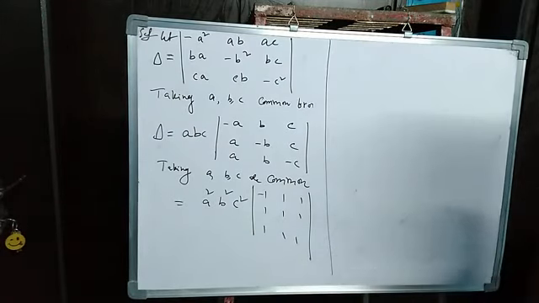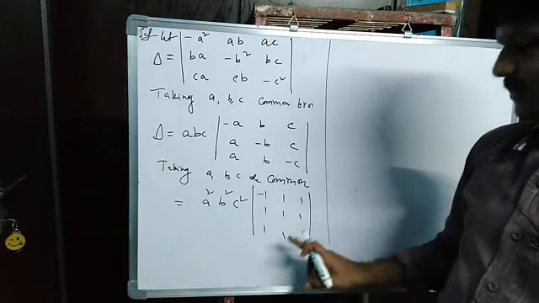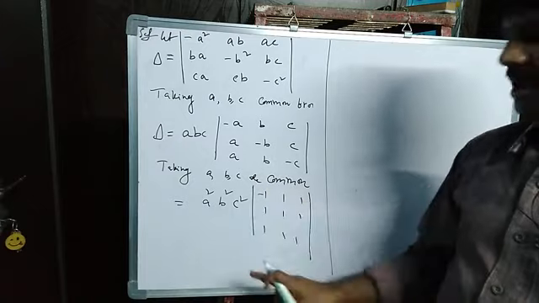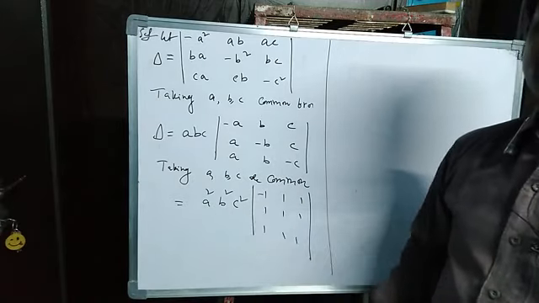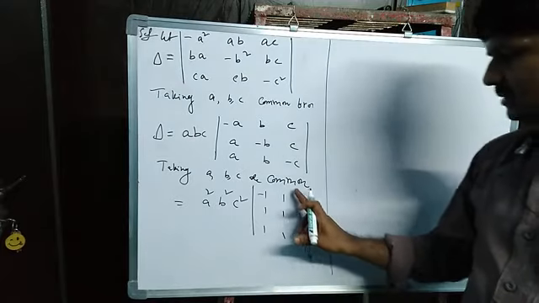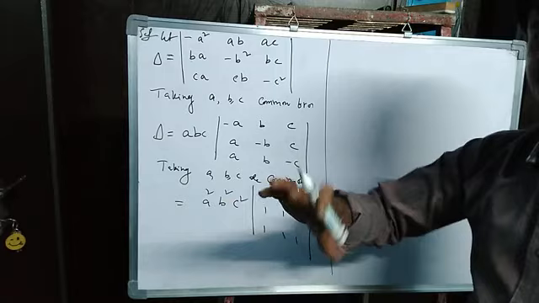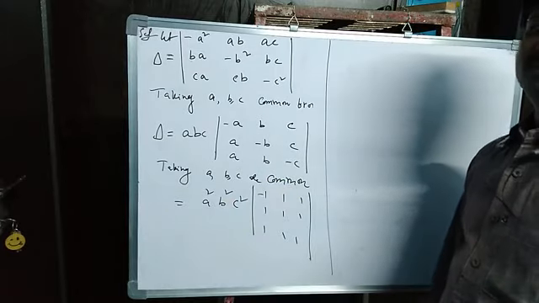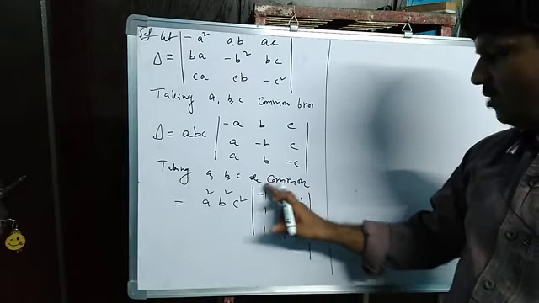Now what I am doing here, we cannot explain this determinant directly. What we have to do? After simplification in this manner, now we have to apply some row operations to make this determinant very easy to get by expanding. We cannot expand this determinant directly, so again we have to simplify this one.